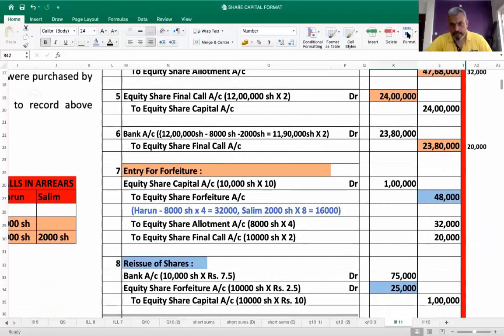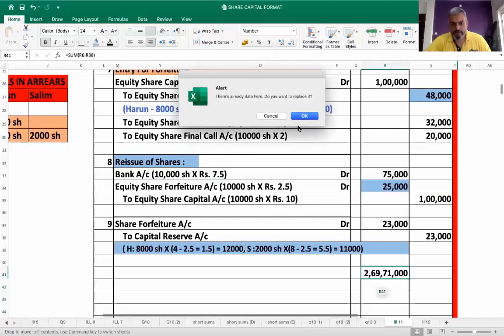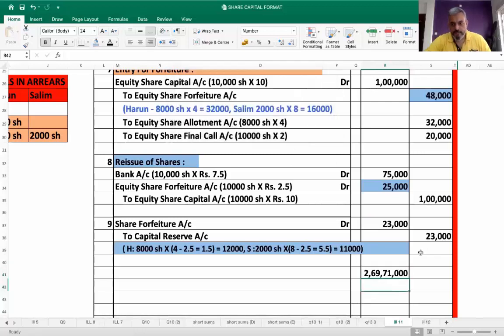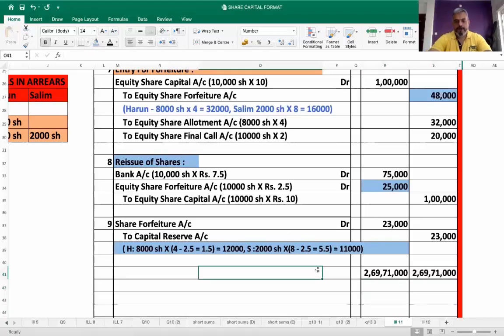The total will not match with the textbook because in the textbook illustration, calls in arrears account is used, whereas here we have not used calls in arrears account, we have done it directly. So write the total